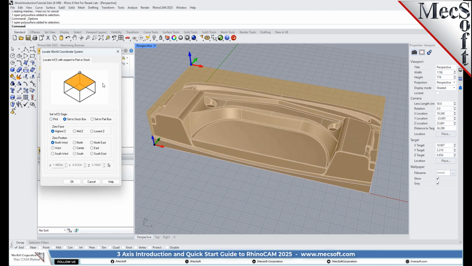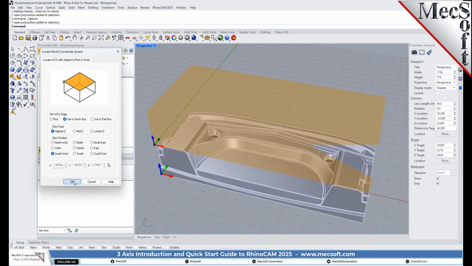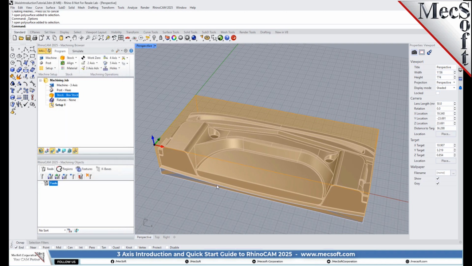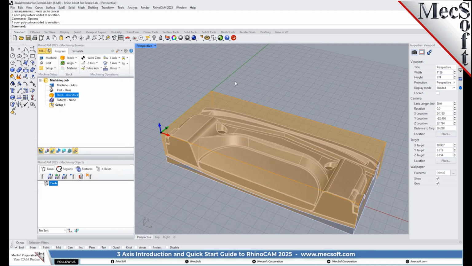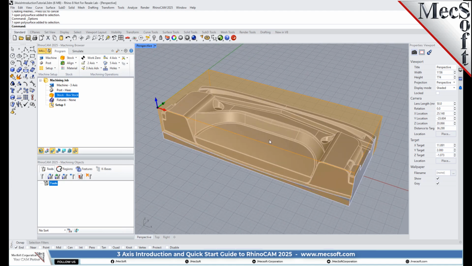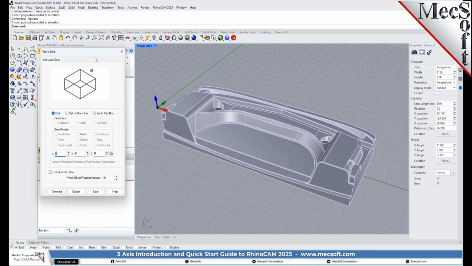Then set 0 face to highest Z and 0 position to southwest corner. This sets the machine home to the top of the stock material and the southwest corner of the stock geometry. Pick OK, and the part and stock geometry are now transformed to the World Coordinate Origin, or WCS. Alternatively, you can use Work 0 to set the work coordinate origin. Instead of moving the part and stock to the WCS origin, this moves the machine coordinate system origin to the